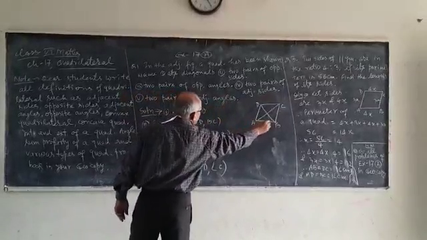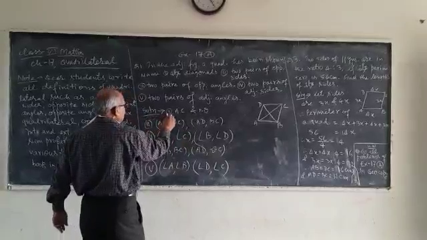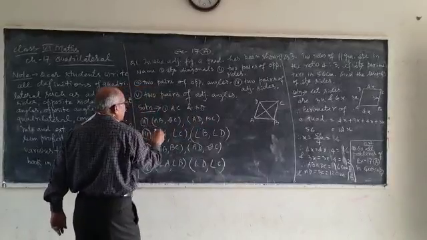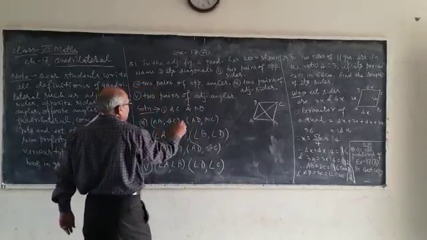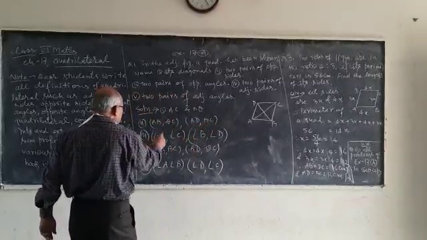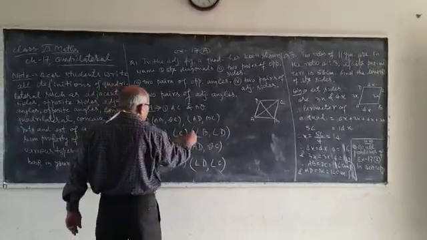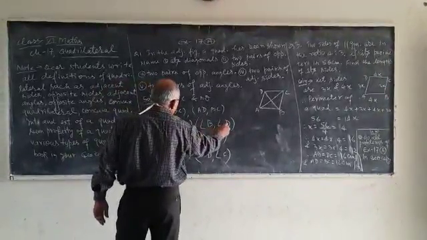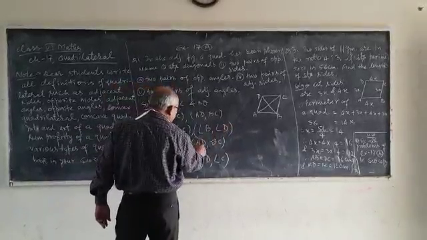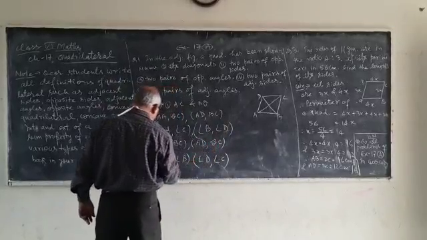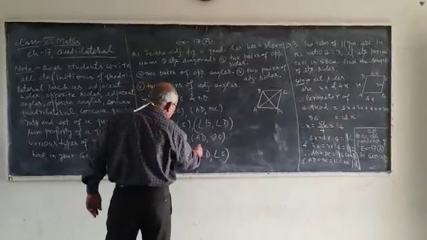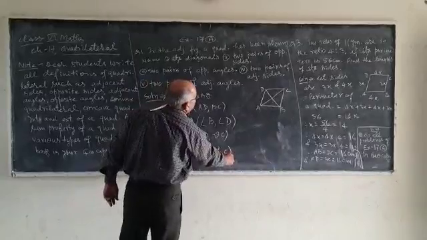In the given figure ABCD, solution first: AC and BD are two diagonals. Second, AB and DC, and in another bracket AD and BC. Third answer, angle A, angle C, and angle B and angle D. Fourth, AB and BC in one bracket, in another bracket AD and DC. Now fifth, angle A and angle B in one bracket, and angle D and angle C in another bracket.